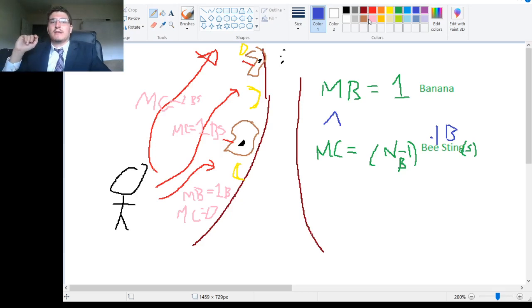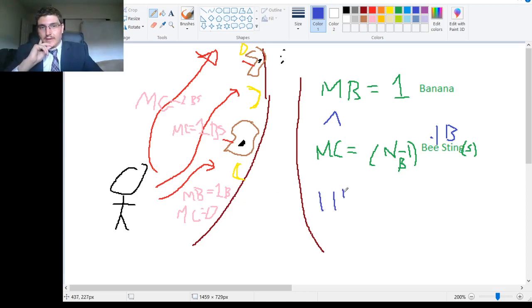He's going to pick bananas until he gets that 11th banana, where he's picking 11 bananas. And he's getting 10 bee stings for that 11th banana. It's just worth it if they're equal. The marginal cost is equal to marginal benefit. You're still going to perform the activity. So let's draw this out real quick. So for the 11th banana,